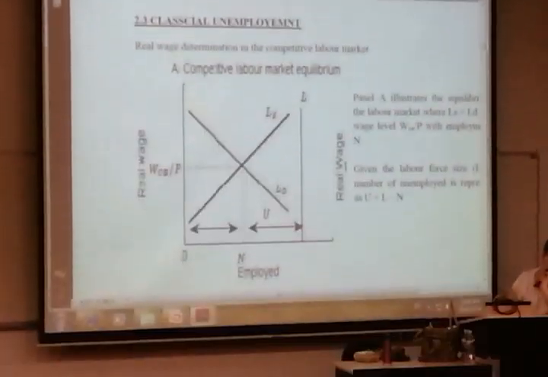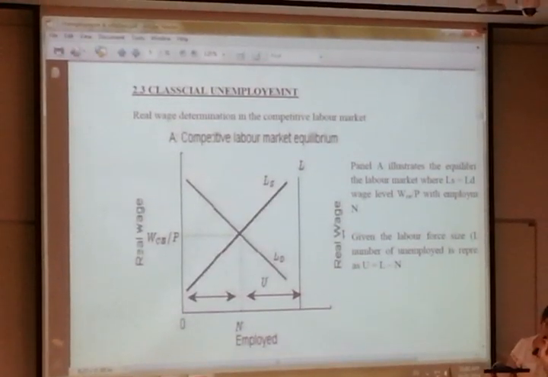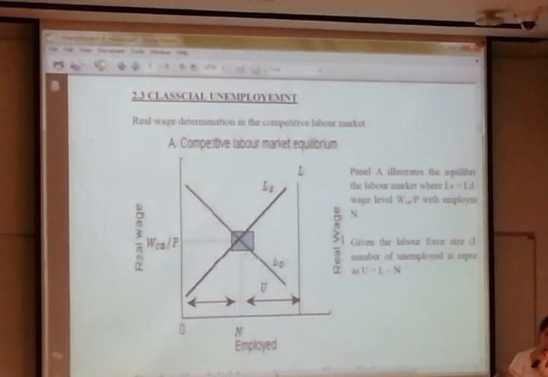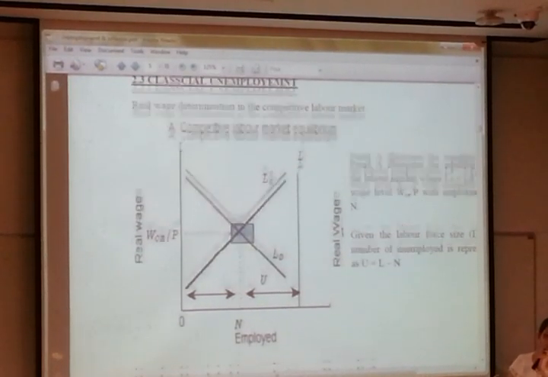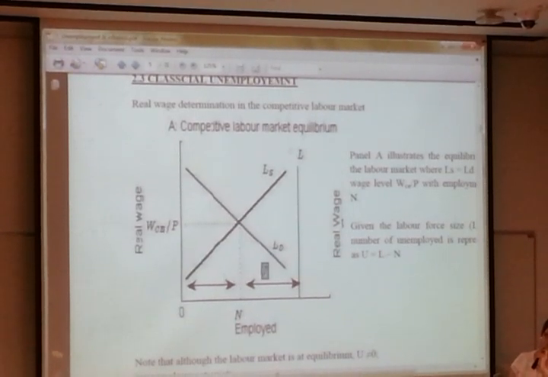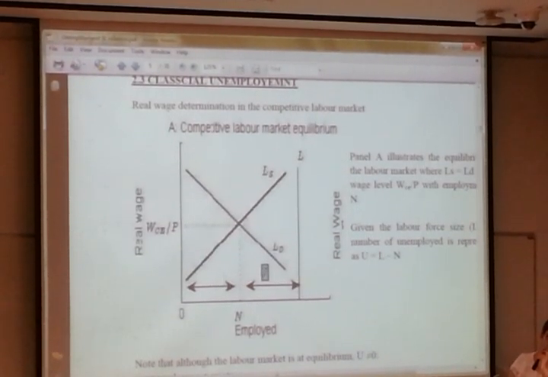Okay, where you have labor supply, labor demand, and your labor force. When labor market demand equals supply, people who are willing to work are all fully employed. So this is your N, and this is the market wage. But the economy still has unemployment because this is your labor force on the right. This is the number of people employed. So the gap, L minus N, is the U.